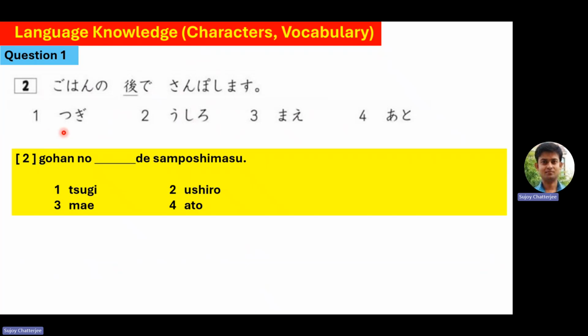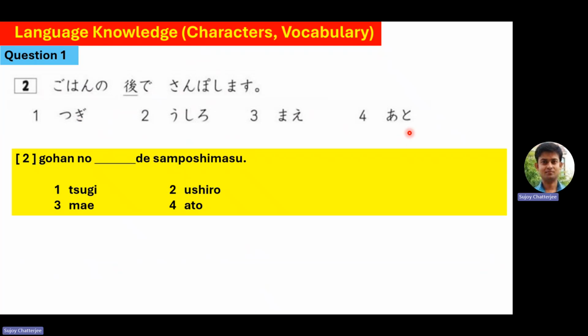The options are tsugi, ushiro, mae, and ato. If you know the meaning of each of these four, then it will not be difficult for you to answer. But suppose you know only one or two out of these and you don't know the other. So in that way you can use the method of elimination. So tsugi, maybe we don't know. Ushiro, we know that it means behind, backside. Mae means in front of. So these two will definitely not be the answer because it has nothing to do with meal and taking a walk. But tsugi and ato,